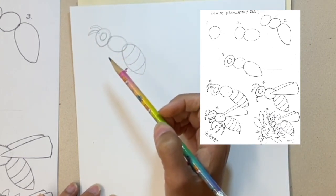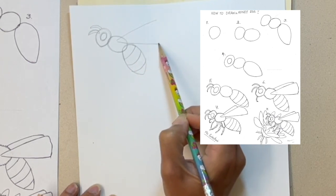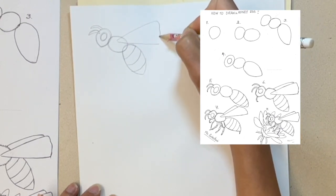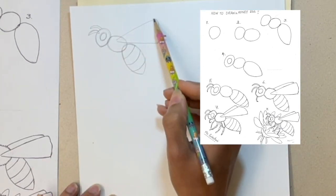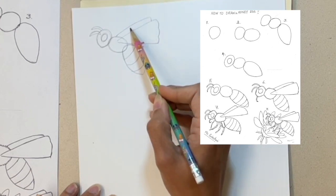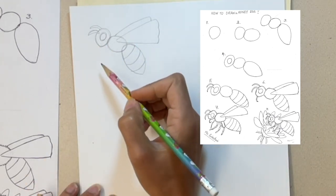To start adding your wings, you basically need to draw 2 triangles. Here's one, and we're going to overlap many pieces. And at the end, instead of doing a straight line here, I'm just gonna do a very organic, more curvy line. And then I'm gonna repeat my line back here, on the other side of the thorax, and then this back wing is overlapped by this front one, right? So that's that. And then the details that I need to add are